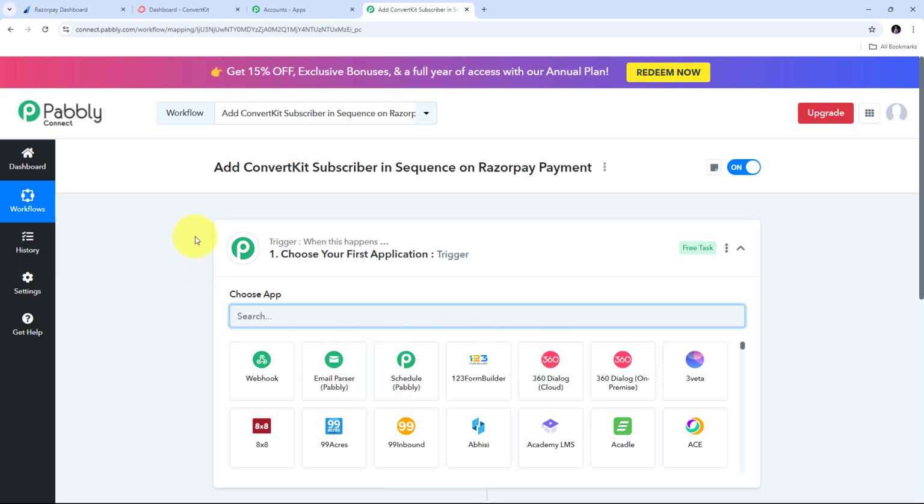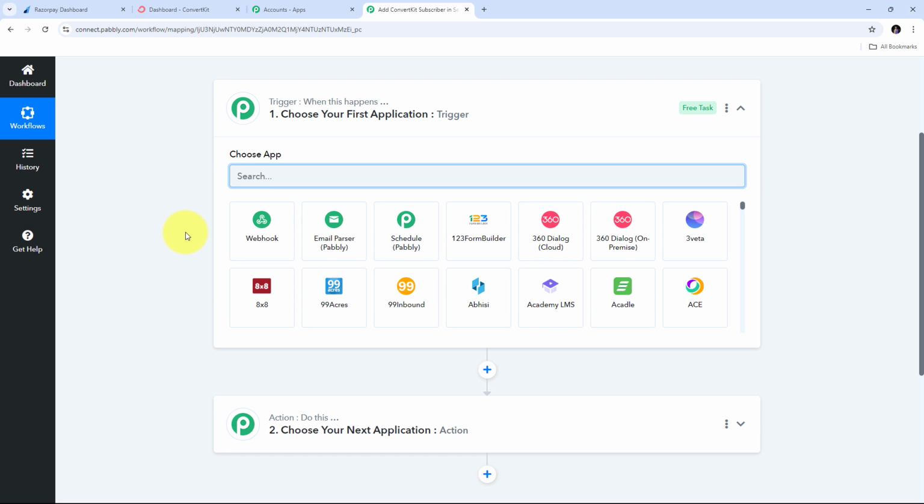And this will take us to this most important window of our workflow. Here in this window, we have these two boxes of trigger and action. So trigger and action are the two main principles on which our workflow works. Trigger says when this happens, action says do this. So trigger is going to be the first step that will get executed in our workflow, and action is just